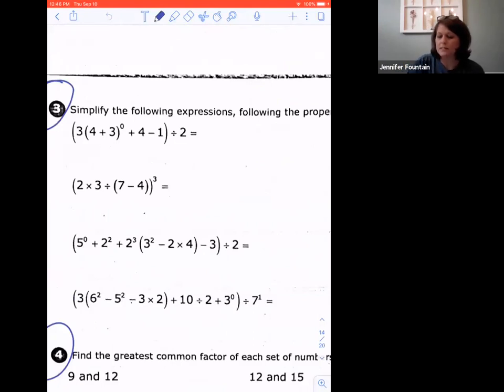All righty, so in activities 3, we're using our order of operations, and remember that's going to be our PEMDAS: parentheses, exponents, multiplication, division, addition, subtraction. But the thing that we learned about that is that if I have... Oh, hang on a second. I was trying to